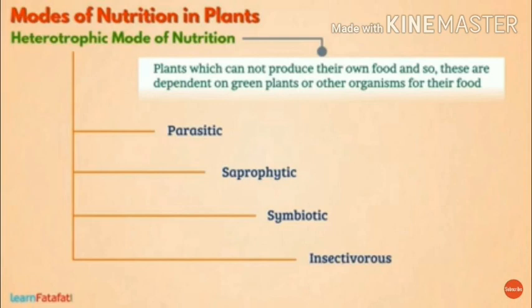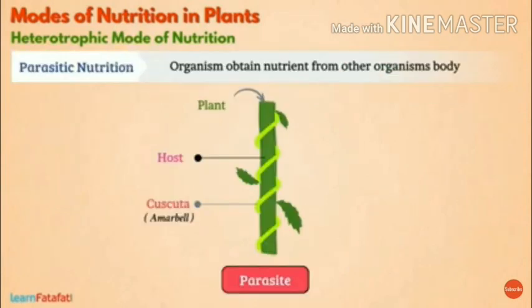Now we will move to the types of heterotrophic nutrition. As you can all see in the picture, there are 4 different types of heterotrophic nutrition: first, parasitic, second, saprophytic, third, symbiotic, fourth, insectivorous. We will discuss